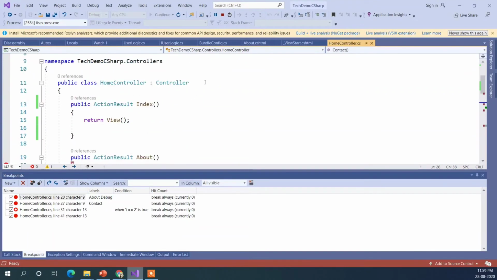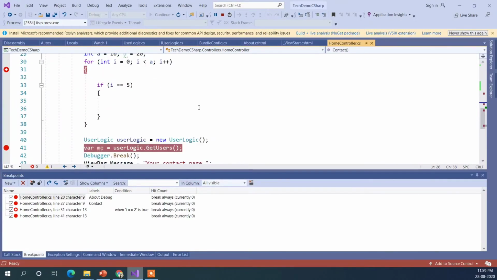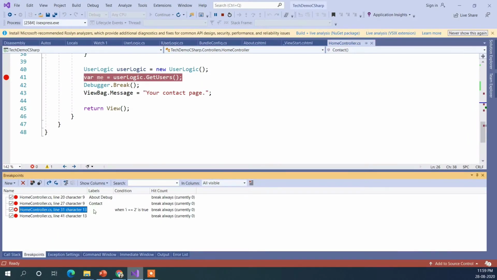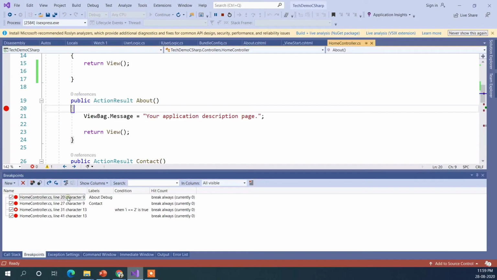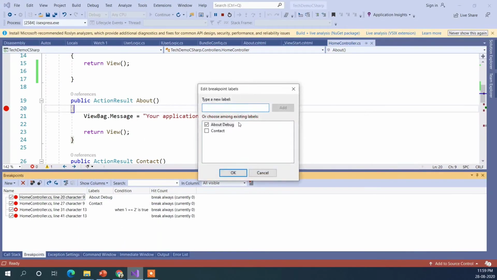As you can see, I have added a couple of breakpoints here, but sometimes it happens that we end up adding a breakpoint and forget why we added it there. So we can just label it here. Like I have added here, so this is the breakpoint. When I click on it, it will take me to that breakpoint, and when I click on it and choose edit label, I can just add it.